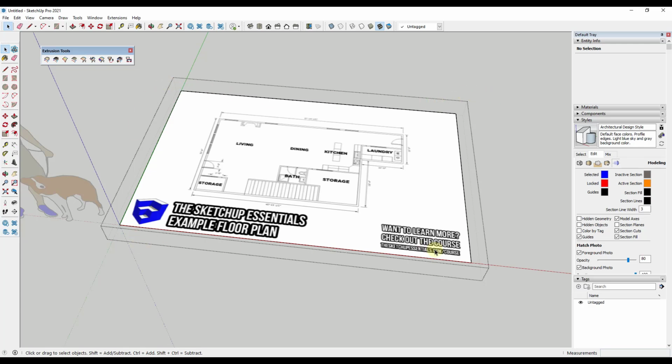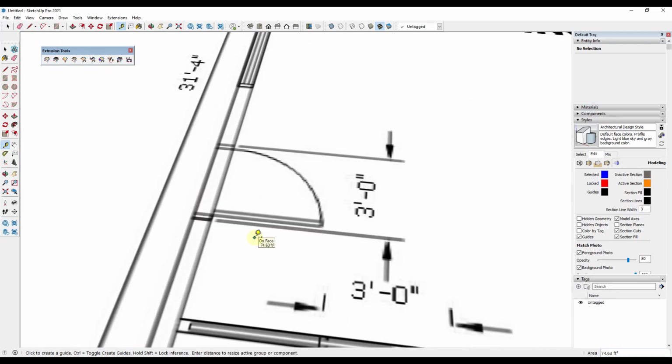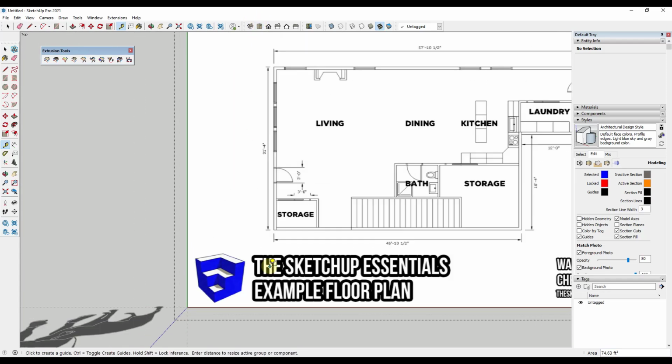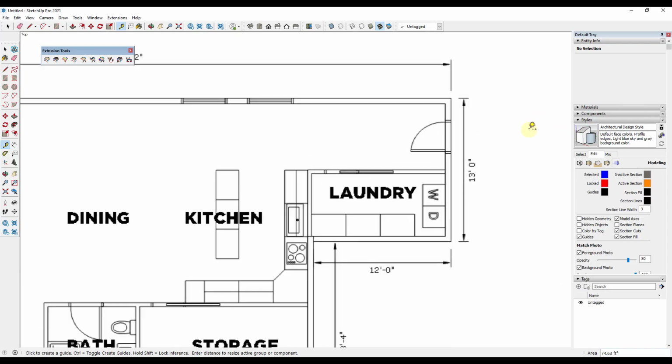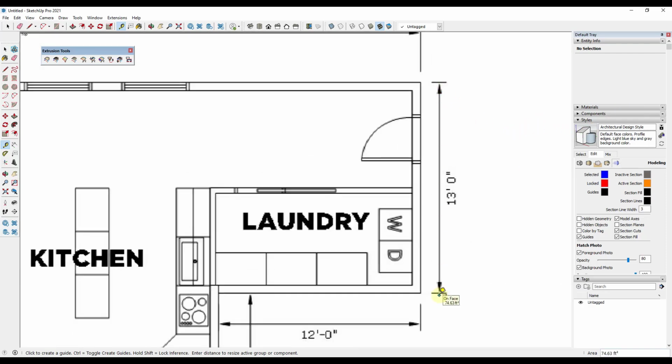So notice how I get this bounding box indicating that I'm now inside of a group. And so what I want to do is use the tape measure tool in order to scale this image. So the way we're going to do that is we're going to select the option for the tape measure tool right here. What we want to do is set a known distance to scale. So for example, you could take this door and use the size of the door to set our model to scale,